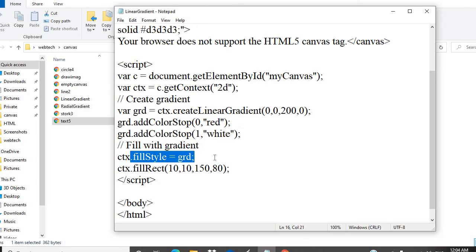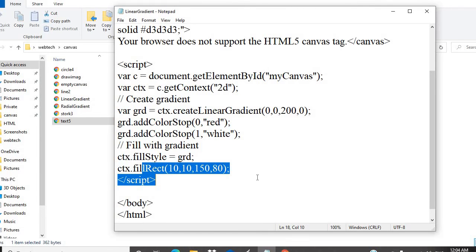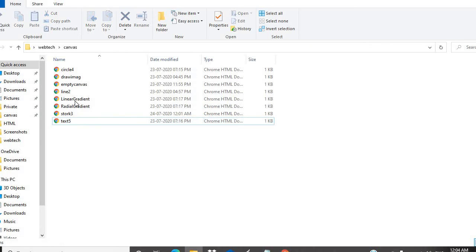So this is the statement for the fill style. Now the style is supposed to be a gradient. A gradient is nothing but line-wise, or it can be in circular form. The choice is yours. You can mention either circle or linear gradient, and it will fill that particular gradient in the rectangle box. So let's have a preview for it.